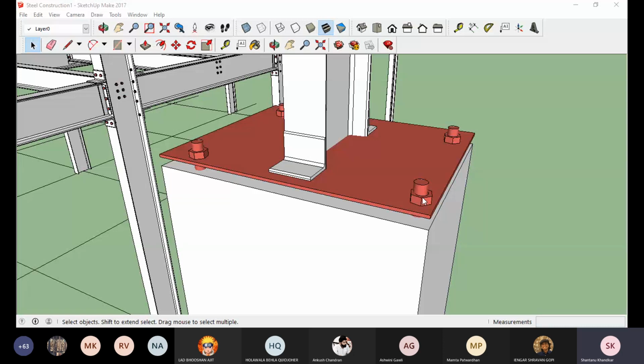How do the column beam connections change in case of a round column? In case of a round column, obviously, because you don't have a flat surface to attach it to, you would have a seat cleat, because that's where the column would come. But then you would have to fashion that particular cleat accordingly. And so what would happen is you would end up with welded connections. That's what would happen in the case of a round column.